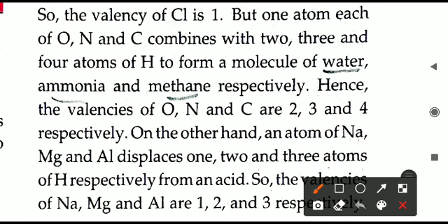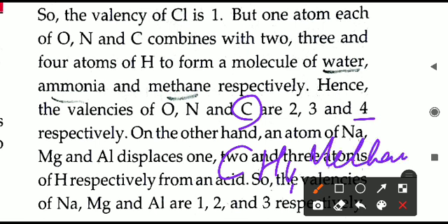The valency can be 1, 2, 3 and maximum it can go up to 4. Like carbon has a valency of 4. Carbon combined with 4 atoms of hydrogen. CH4 is one example of a compound. It is a gas called methane, present in biogas also. So methane is CH4, one atom of carbon combined with 4 atoms of hydrogen, because one carbon atom has joined with 4 hydrogen atoms. It has combined. Therefore we can say carbon has a combining capacity of 4, and also we can say the valency is 4. But in hydrogen, all four hydrogen atoms are joined with one carbon, so what will be the combining capacity of hydrogen? It will only be 1. It cannot be more or less than 1.